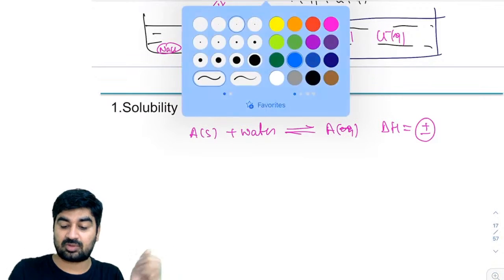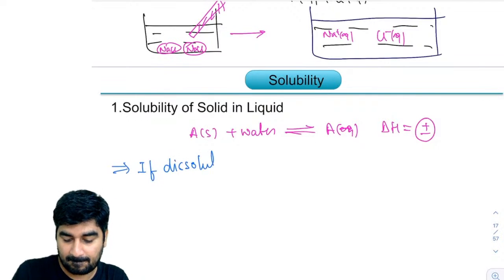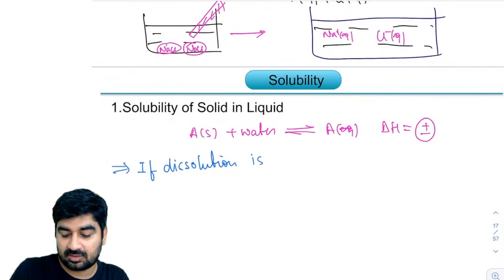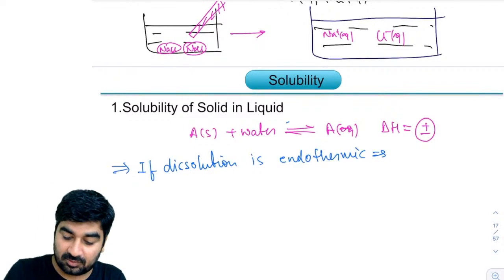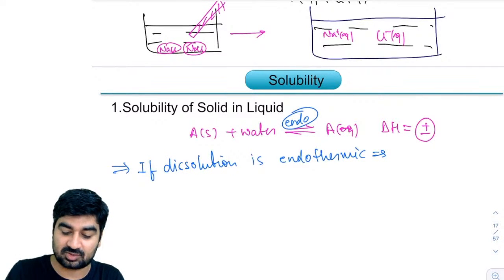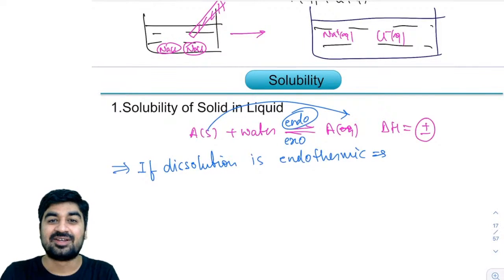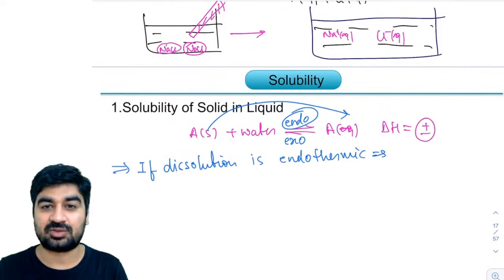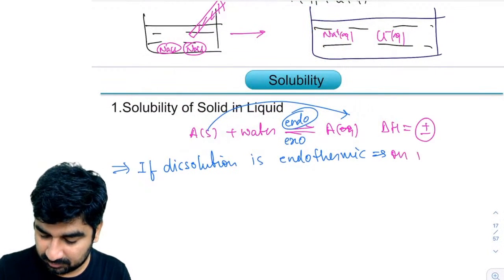So if dissolution is endothermic, and the forward process is dissolution and the backward process is condensation, then an increase in temperature will favor the endothermic direction and the backward will be exothermic. So if dissolution is endothermic, it means on increasing temperature,